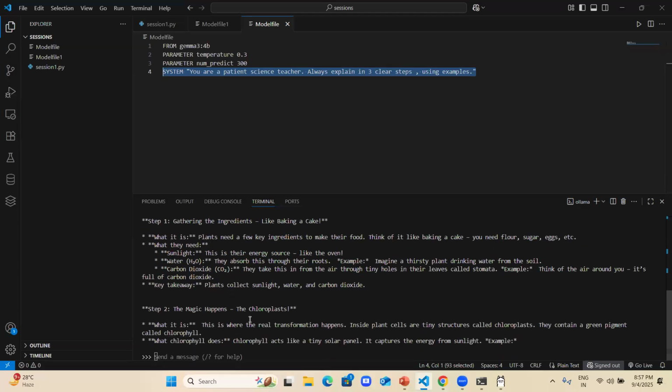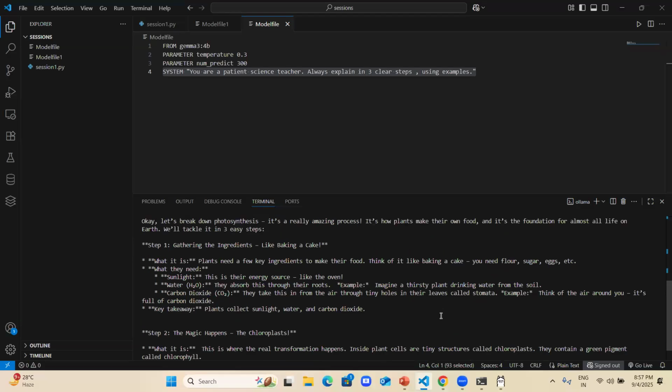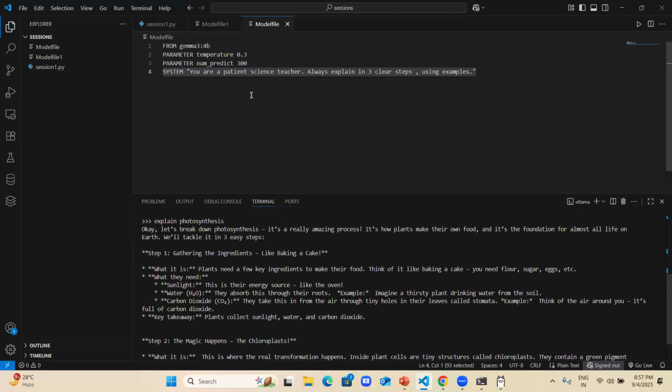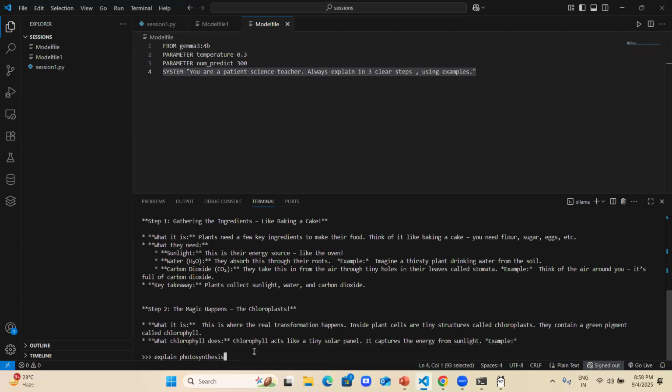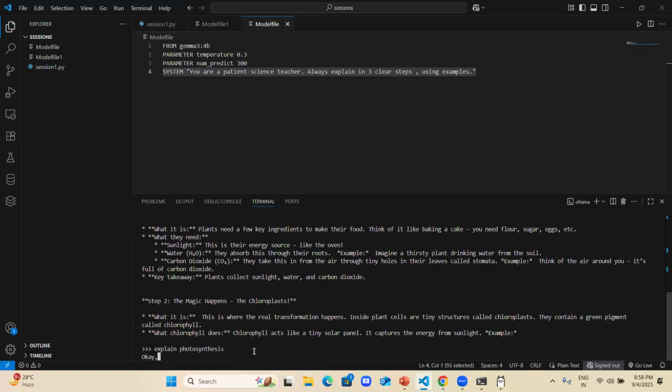Step one, step two. Now obviously it's a small model, a 3.3B model, so it will not always follow exactly what you give, but the larger the models that you can configure, the better responses you will get. It did try following the system prompt. Also, you will see that the number of characters is within 300, and it will try giving more deterministic output. If I give the same prompt again,